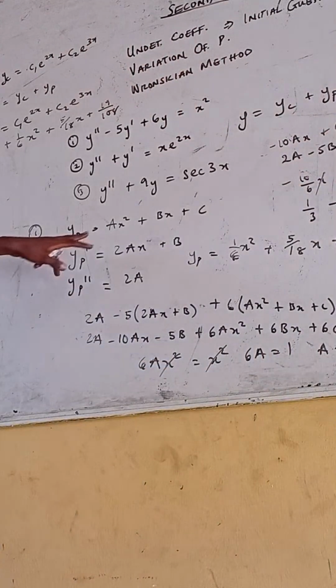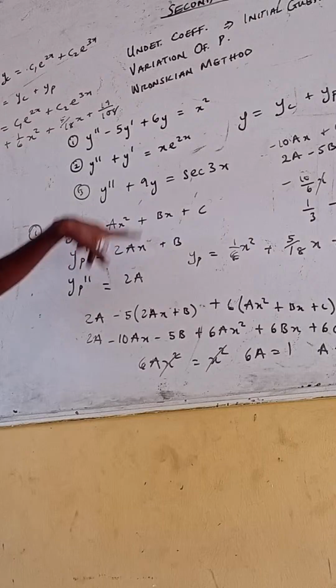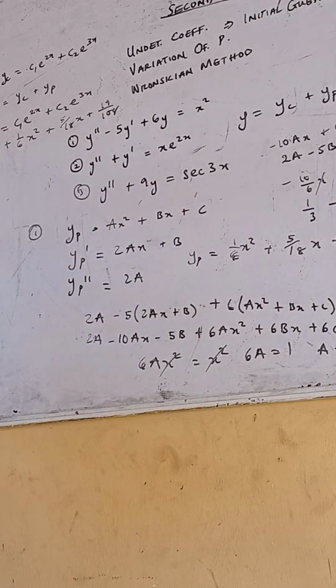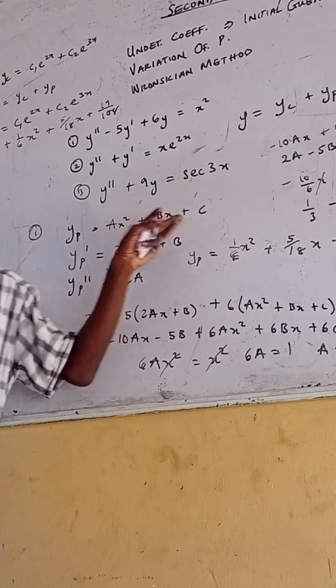So we now write Y. We have A, we have B, we have C. So that's everything we need to do. But note, please, undetermined coefficient is not normal for